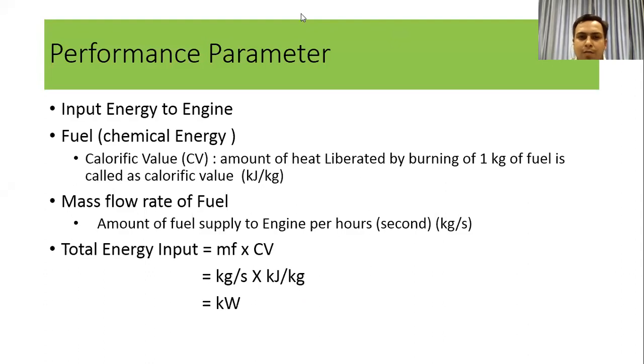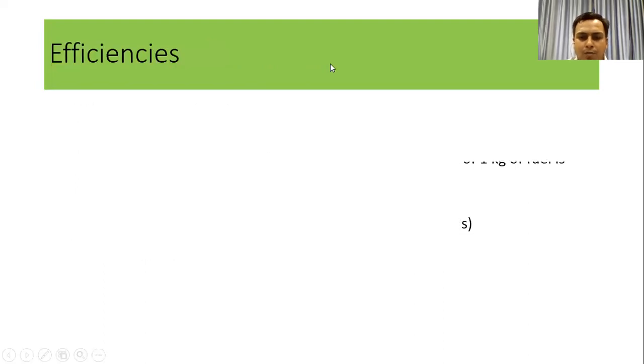So if it is given that 5 kg per hour, you need to convert that 5 kg per hour by 3600. So 5 divided by 3600 gives you the value in terms of kg per second. So in this numerical, you need to be careful about the different types of unit conversions required at a time. It means the different data is given in different forms, so we need to convert into SI units. Suppose again I'm asking the question, suppose pressure is given in bar, then how do you convert into Newton per meter square?